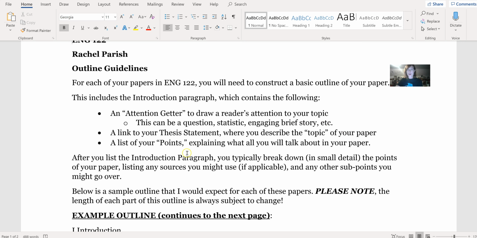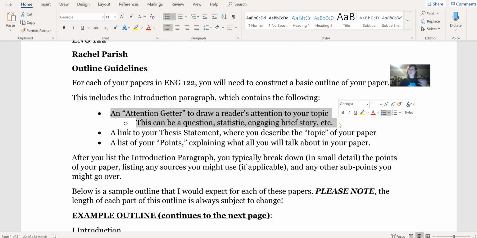So for all your papers, and if you've taken Principles of Speaking, COM 121, you will find this outline looks very similar to that class. You need an attention getter, which basically draws your reader's attention to the topic. If you chose to analyze a short story, this can be a question, a passage from the story that you're referencing. It can be a number of different things. If you're writing your own story for this first paper and choosing the creative writing option, then you have lots of things you can do. You can start with a conversation, you can dive into the setting of the place, you can start with the conflict itself. You have lots of ways that you can start it out to grab your audience's attention.